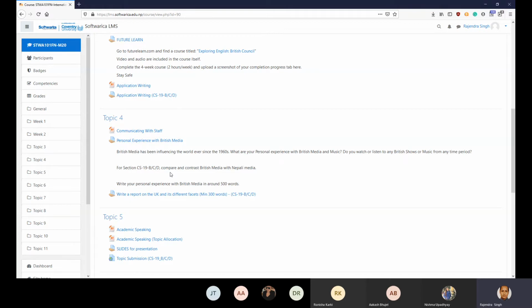You will get the names from this session, but to see what is included in those magazines or newspapers, you can search online, and maybe read them, if not today's edition, then in archive form. Just do some research and then do some comparison between British media and Nepali media. Word-wise, all I'm looking for is a minimum of 300 to 500 words. That's what I'm looking for.